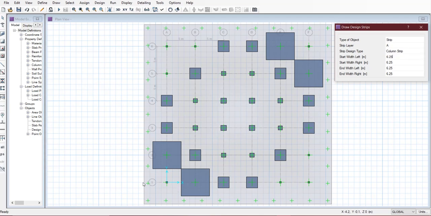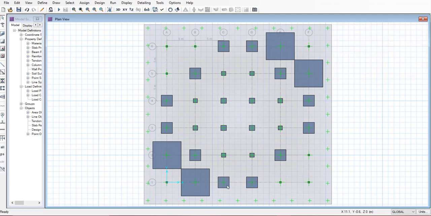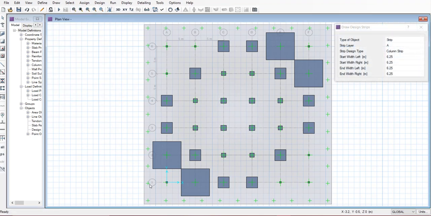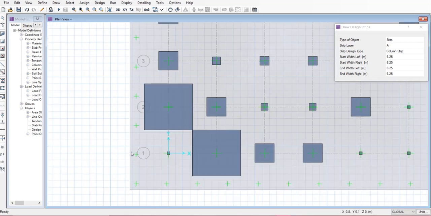Then select one corner and select the another corner. Like this you can draw the design strip. You can take the help of grid. You can draw the design strip.